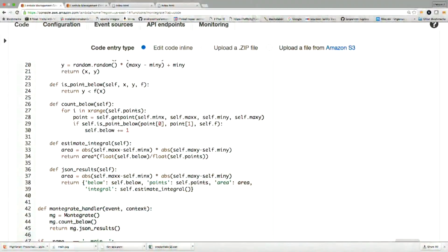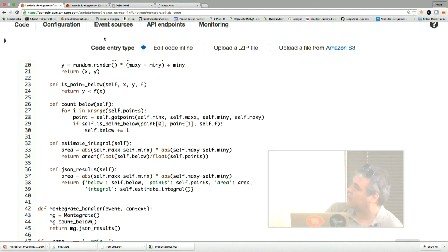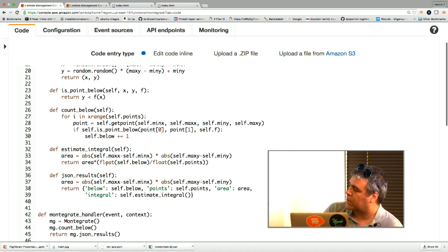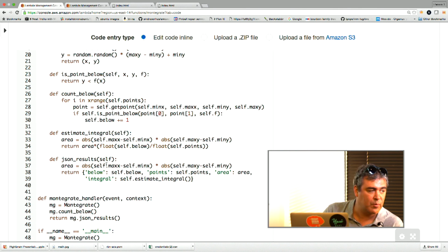So if you want to do some kind of configuration where you need to access resources, how do you specify that? That's a great question. So let's look a little bit at the Lambda configuration. When you are creating a Lambda function, you can put your code in directly. This is not the normal way to do it. I did this so that we could actually look at the code.